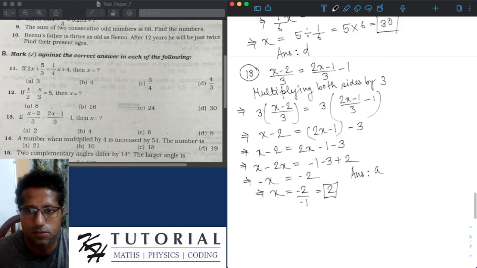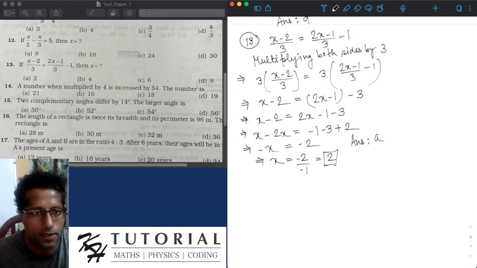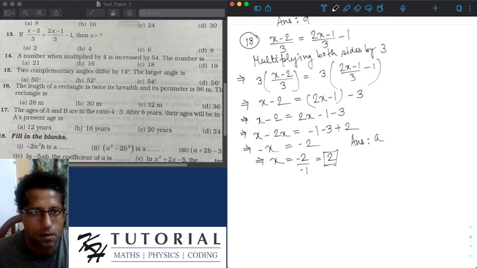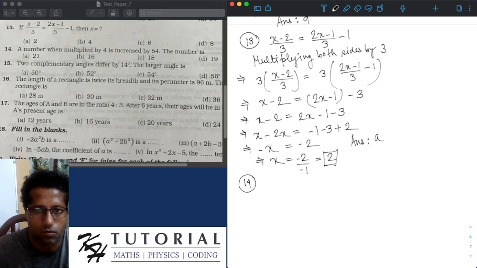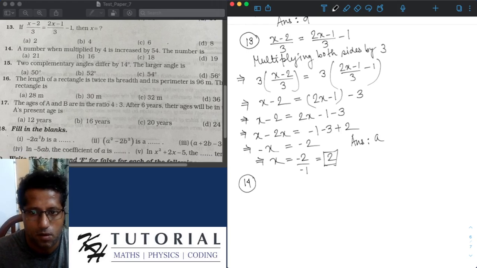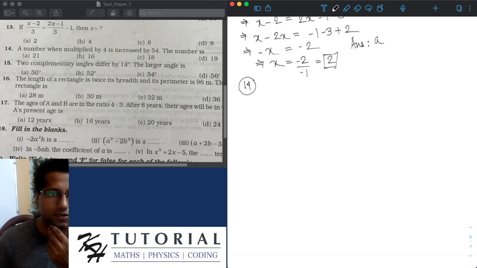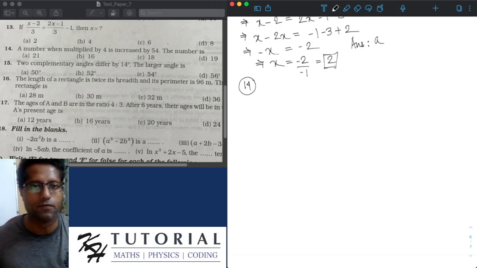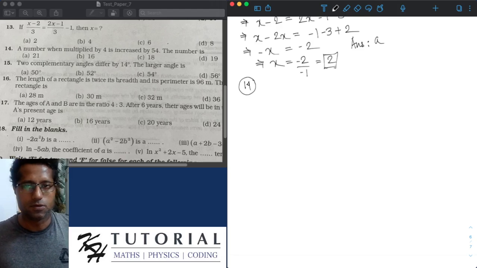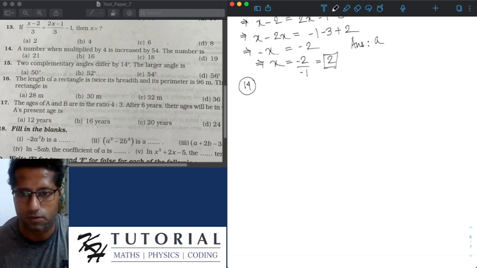Okay, let's see question number 14. Question number 14, it's a word problem. A number when multiplied by 4 is increased by 54, the number is, okay. So it is saying that a number when multiplied by 4 is increased by 54, increased by 54 means it becomes more by 54. Okay, so let the number